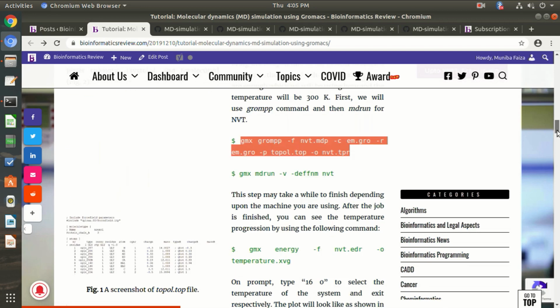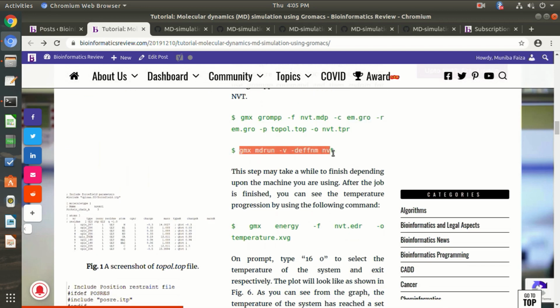And you can run this using this command.